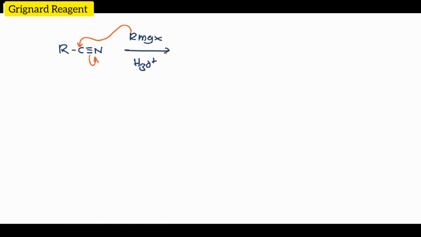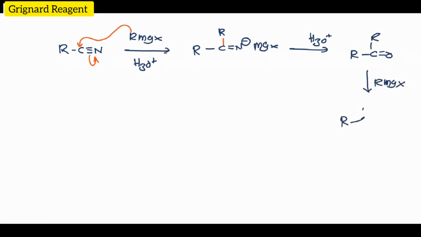Next step: R C double bond N negative charge, this is MgX, and here we develop the new bond with the reagent, that is R. This is called an imine salt now, and that is going to hydrolyze and develop the carbonyl compound. And this carbonyl compound is further going to react with the second equivalent of RMgX, and in the next reaction it will form the tertiary alcohol. So one equivalent converts into the ketone, and the second equivalent converts into